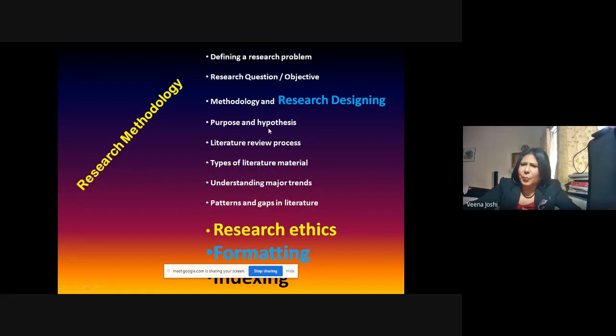Then purpose and hypothesis, type of research, all these things come as part and parcel. And then I have now thought that I have designed a research, but don't think that the design I have made is the end. It is going to change a lot later. You will get to know as you enter that field, you will get to know more and more things. Oh, this is not necessary. Oh, there is better data. Oh, I have to do this as well. You will communicate with people. You will read more if you do real research. I am telling it to you. So the design which I had done is also going to change, but I began with the design.